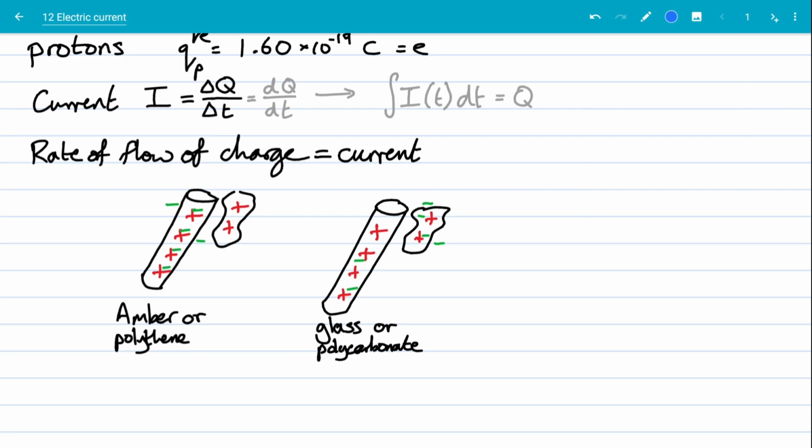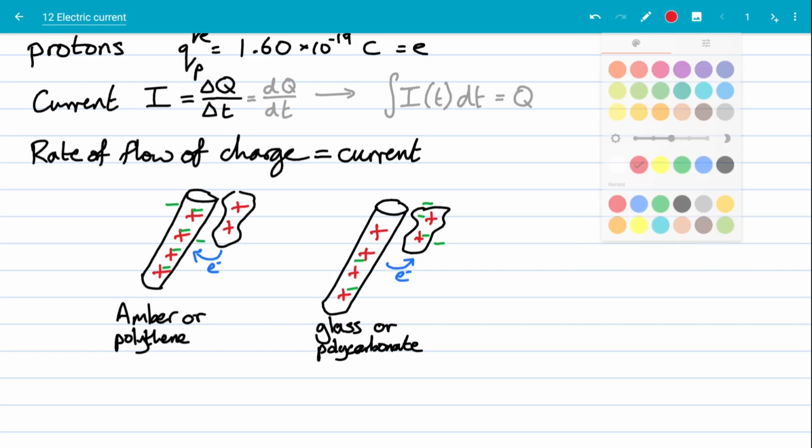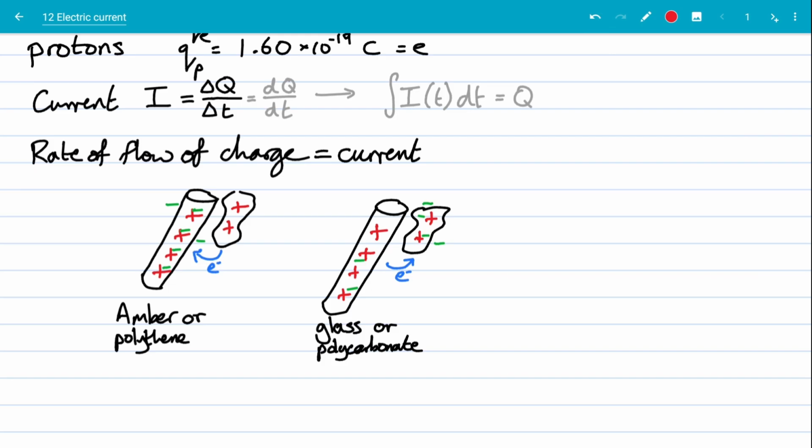We can have an arrow here pointing in this direction to show that the electrons move in this direction. Let's put E minus to make it clear that I'm talking about electrons. There we go. So glass and polycarbonate end up charging positively,